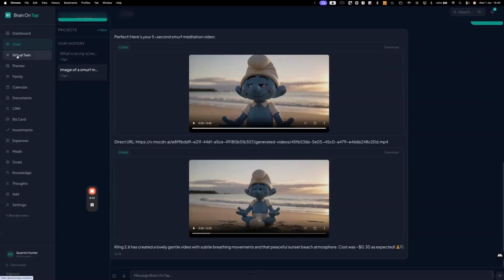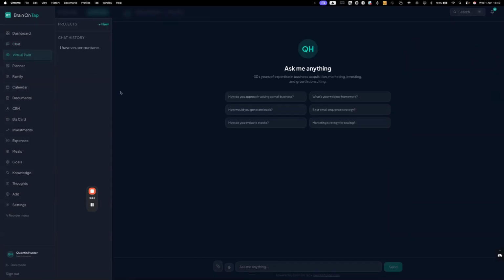And I've created a function called a virtual twin. Now, this can be programmed in two ways. It can either be your own personal knowledge in there, or I can give you access to my personal knowledge. In my personal knowledge, so if it was your knowledge, we would upload all your knowledge, your files, your documents, your work, your notes. So you have access to that, and it can be interrogated by any AI model.